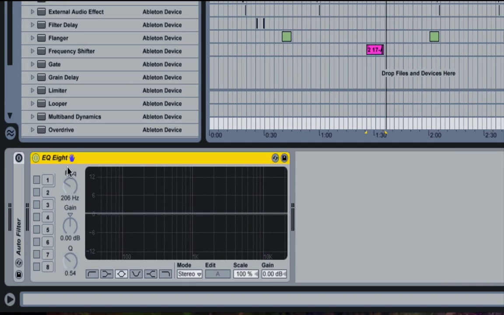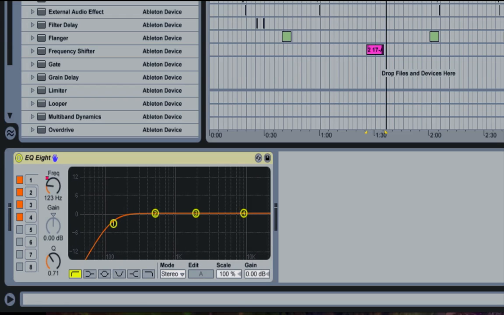So I guess the next thing we have to look at is some of the reasons that you EQ. Some of the reasons you might do it is to separate frequencies, or cut out noise, or change the tone or timbre of an instrument. So if we go to the snare drum, for instance, and we listen to that,